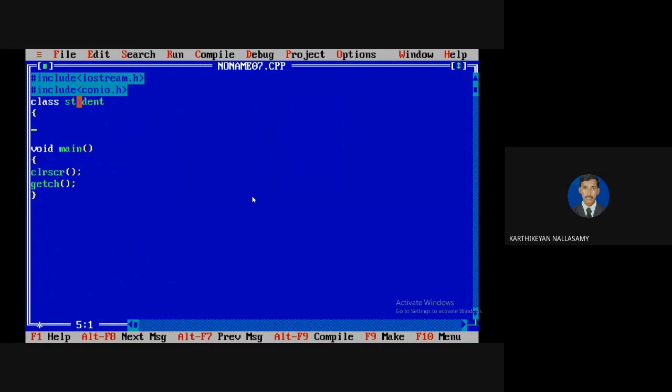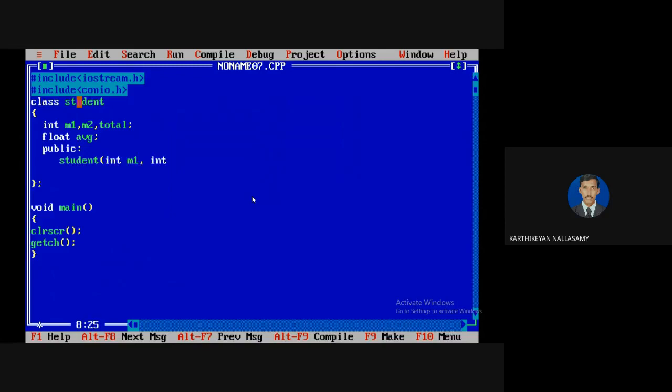So here I'm going to create a class called Student. There are two data members, M1 and M2, and also total, and I also have an average value. The average must be a float. We know that initialization of the data members is very important, so here I will go with compile time initialization using constructor logic, so that I need two inputs. Since the names are the same, I'm going to use the this pointer to differentiate.